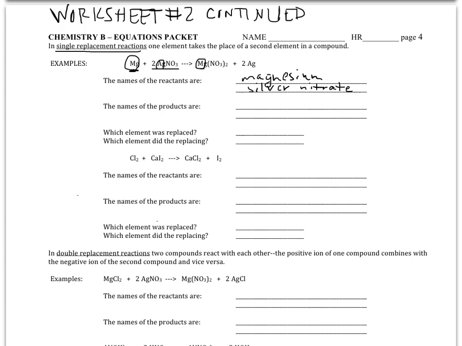And instead of it being the magnesium all on its own, it's the silver all on its own. So what's happened is the magnesium has come in and taken the place of the silver. Right, so now magnesium is with nitrate, and silver effectively has gotten kicked out of its spot, and so now it's all alone. So we end up with